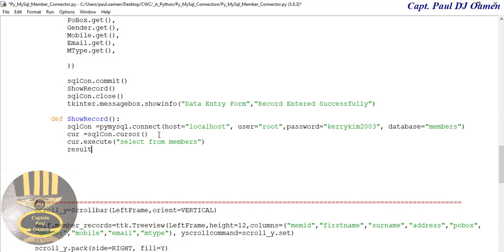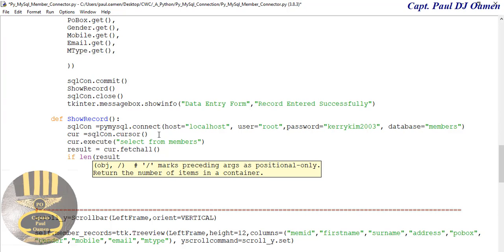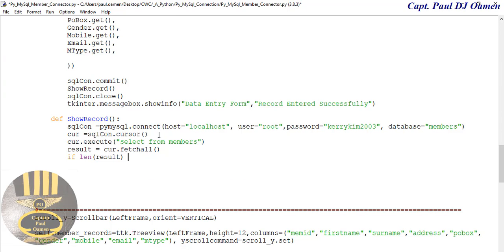Let's say another variable, result equals my variable dot fetch, which means fetch whatever data that you have inside the database. There, show parenthesis is entered, and I will then use an if statement. If len result is not equals to 0,